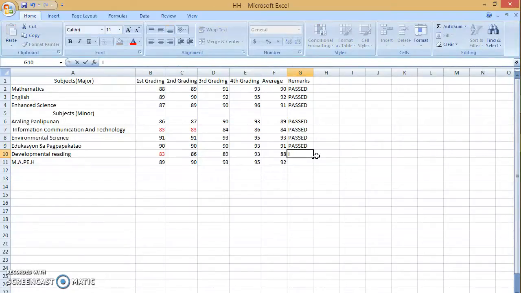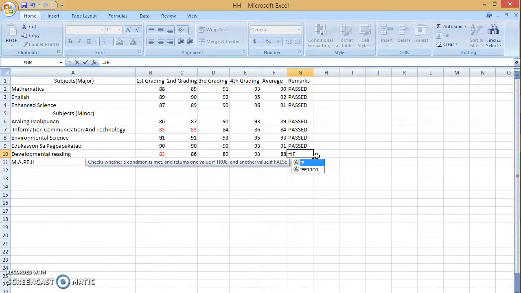Then the last two are developmental reading and mapping. Then English.